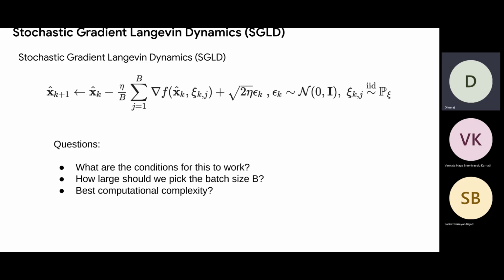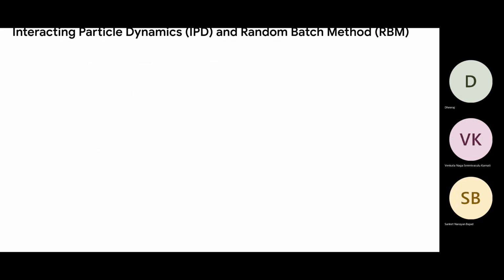What is the best possible computational complexity? What is the oracle complexity of this? How many times should I query grad f_i of x so that I can get a sample? If I run Langevin Monte Carlo, it is n d over epsilon squared. Can I remove the factor of n from it and make it purely dependent on d? So that is a kind of question. Okay. So this is, like I said, not just restricted to Langevin